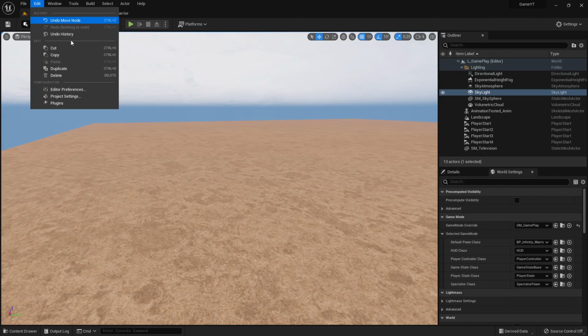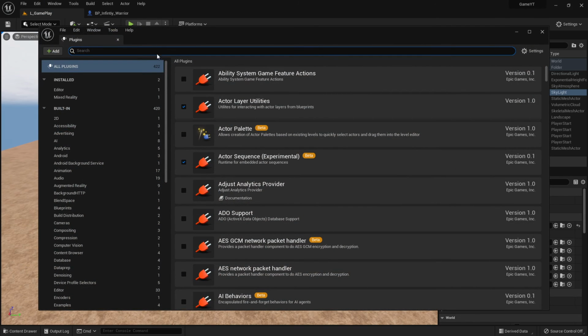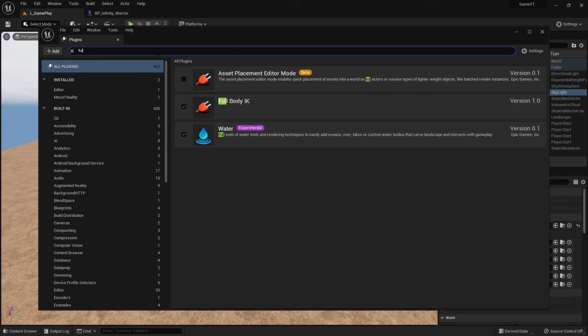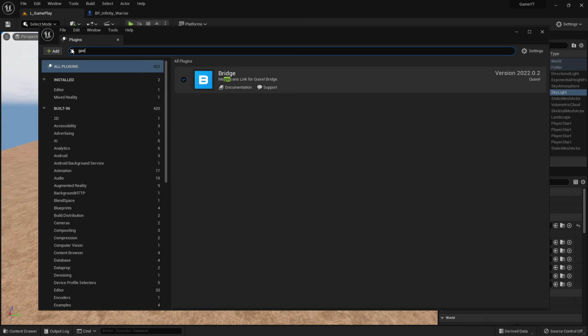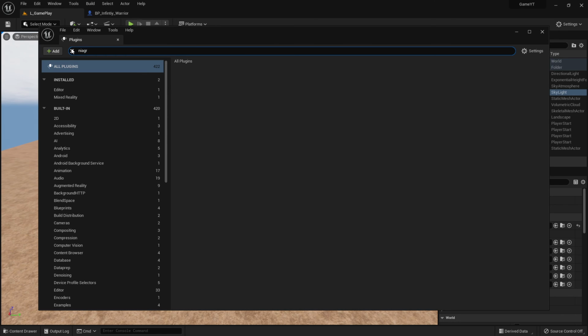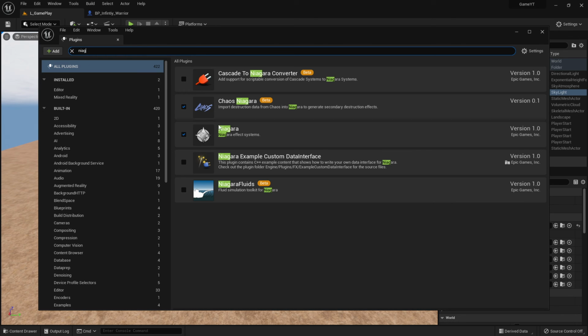Where are the plugins? We go on top here. You go to the plugins and then you write here gas or fluid. Was it fluid? Let's see. I think this one was this water. You can activate this one and there gas. Let me write gas too. Let's see, Niagara. Niagara effect system and Niagara fluids. I think this one is it. You can activate this fluid system, and if you activate this one, restart your PC, perhaps, I'm not sure,